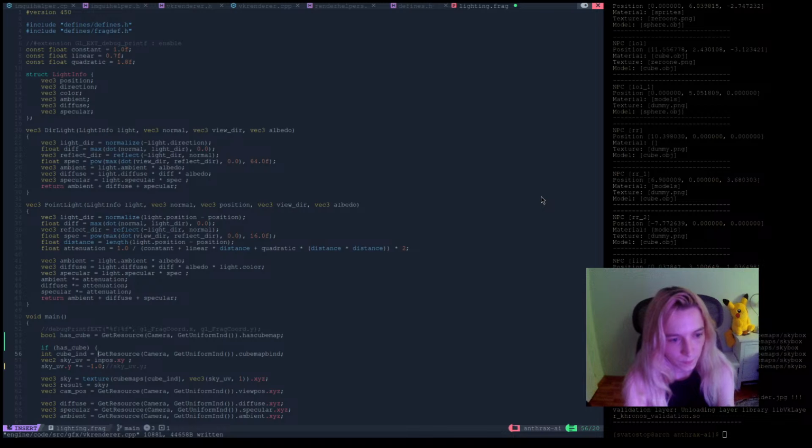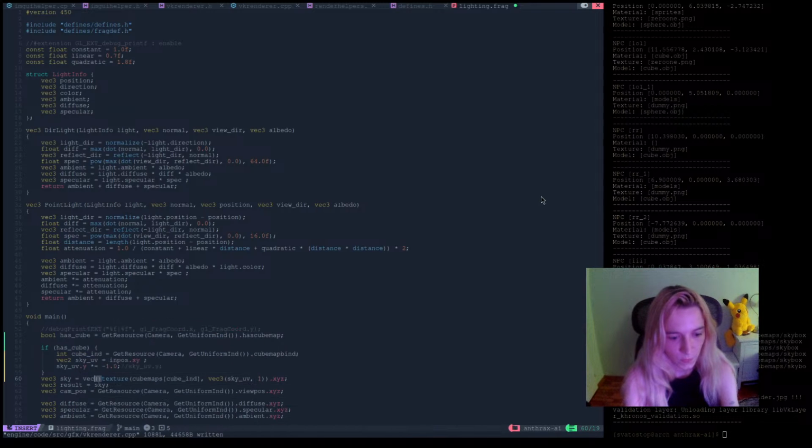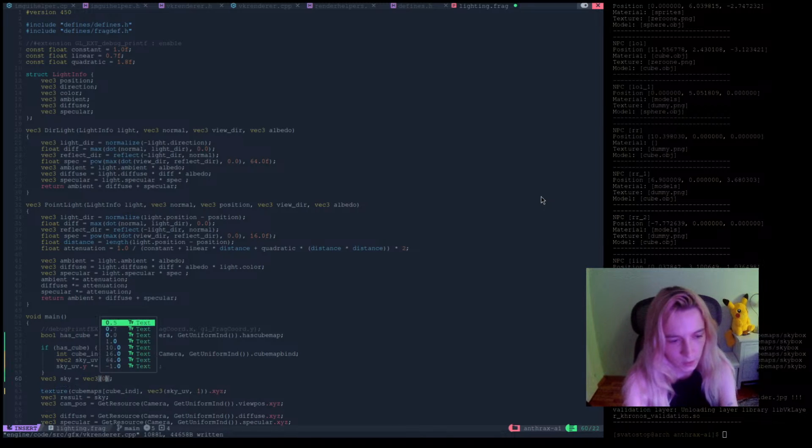Cube. Sky will be 1, I guess. No, 0. And if